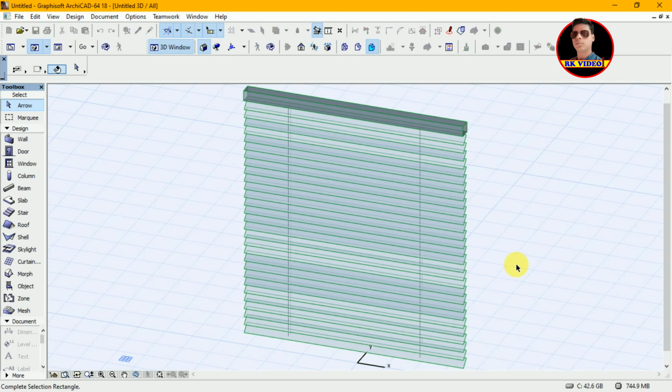So now this is the customized GDL object where we can change and edit this material, if the material is not in a